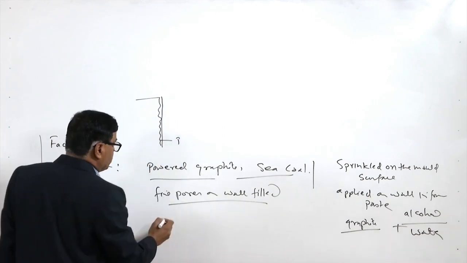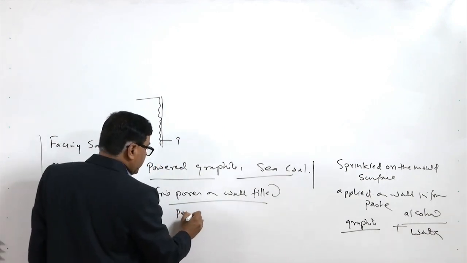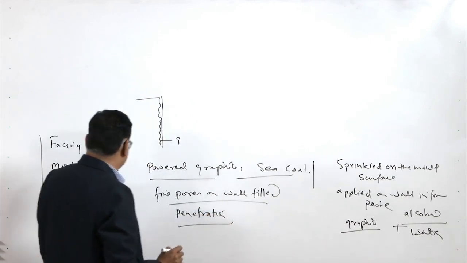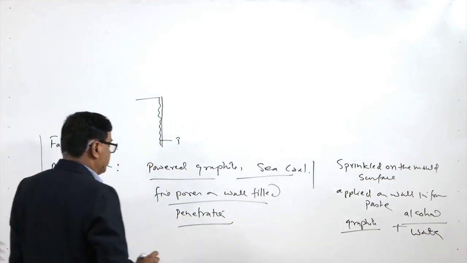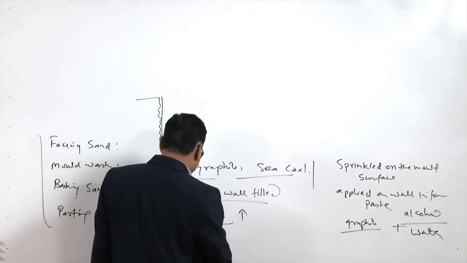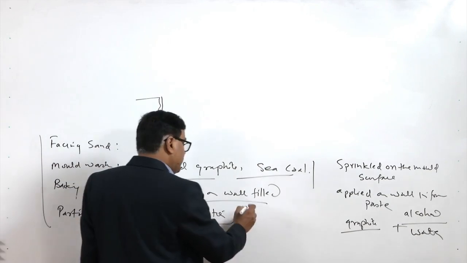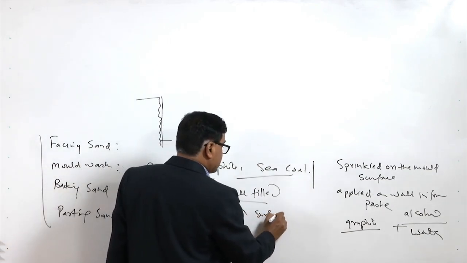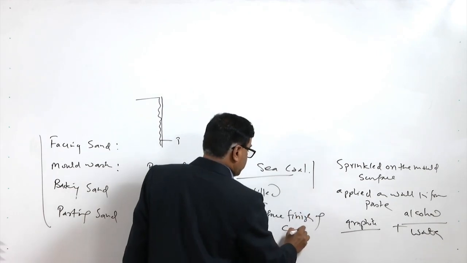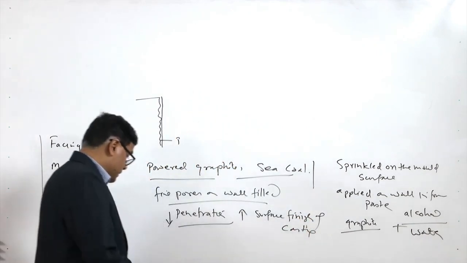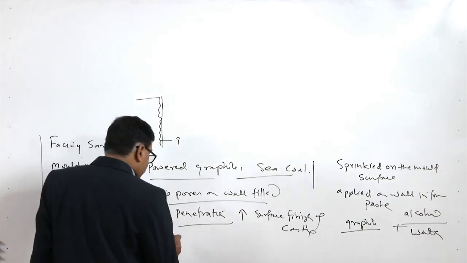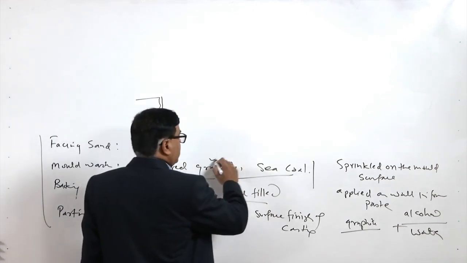So, the issues related with the penetration of the molten metal into the mould wall surface is reduced with the application of the mould wash, and which in turn, the reduced penetration will be increasing the surface finish of the casting which is prepared. This is the one purpose, and another one, since basically these are of the coal family,